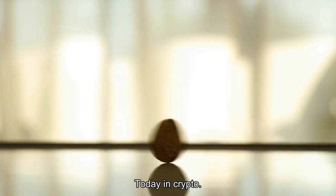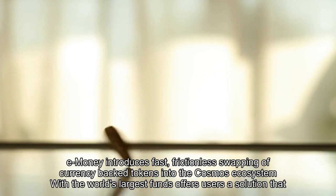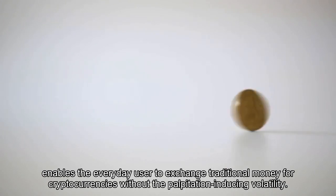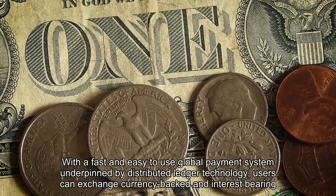Today in crypto, e-money introduces fast, frictionless swapping of currency-backed tokens into the Cosmos ecosystem. With the world's largest funds, it offers users a solution that enables the everyday user to exchange traditional money for cryptocurrencies without the palpitation-inducing volatility. With a fast and easy-to-use global payment system underpinned by distributed ledger technology, users can exchange